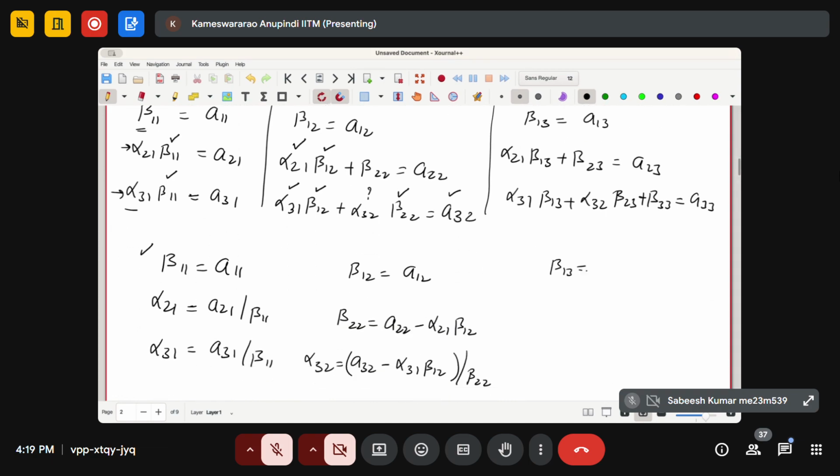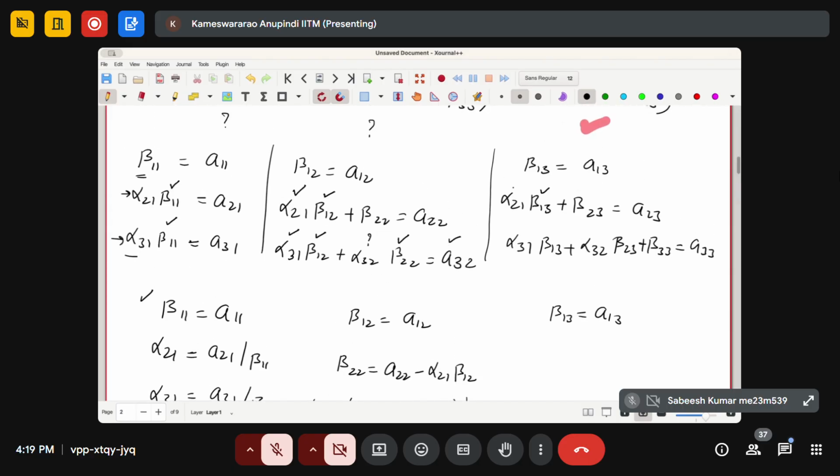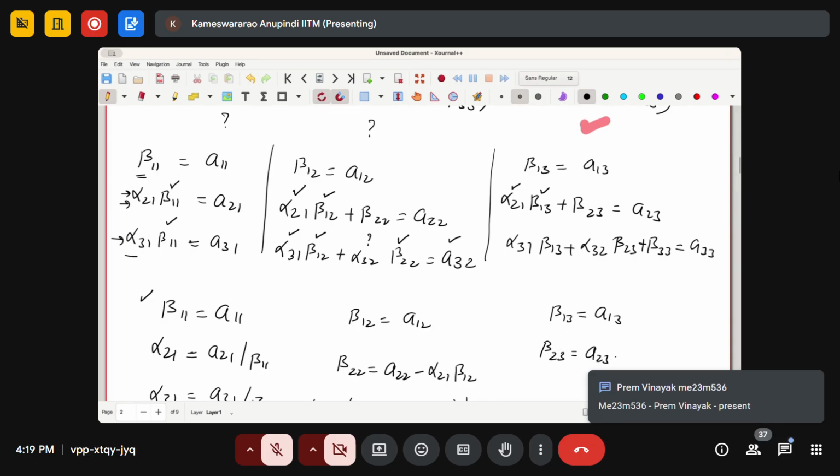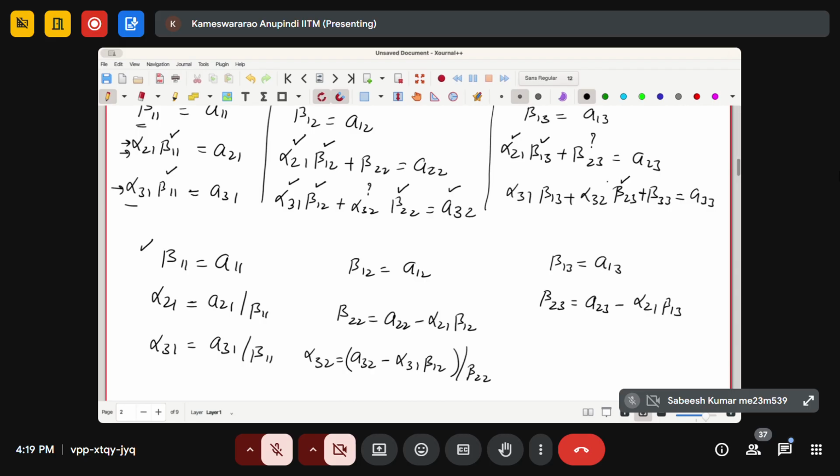Beta 1,3 is already available, that is A13. So then I can use beta 1,3 and alpha 2,1 that I have calculated here to calculate beta 2,3. So my beta 2,3 is going to be A23 minus alpha 2,1 beta 1,3, right? So I have calculated this one now. Once I know beta 2,3,